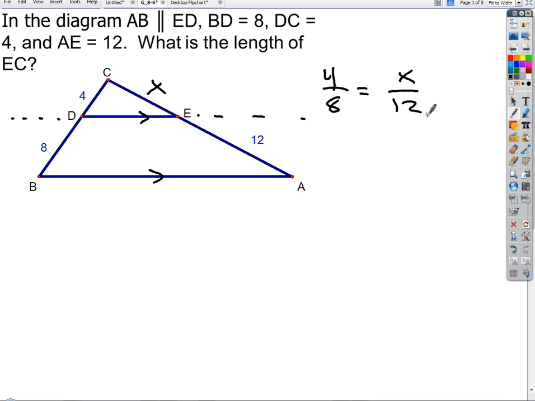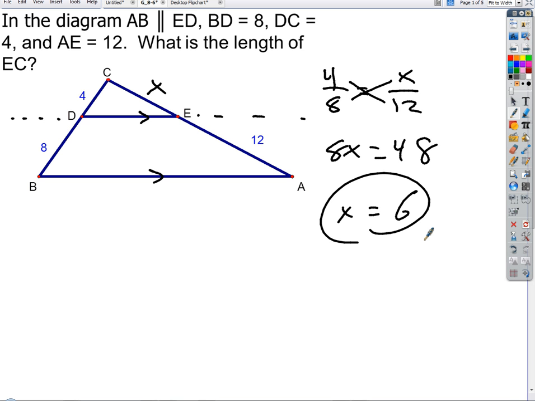What do we do to solve this? If I want to solve a proportion like this, what do we always do? Yeah, cross multiply. So I'm going to get 8x equals 48. Good. And so you would give me the answer. So x equals, if I divide both sides by 8, x equals 6, right? Okay, good. Good, good. All right, what about,